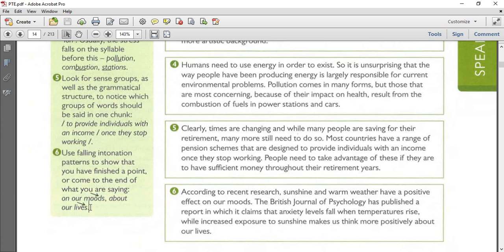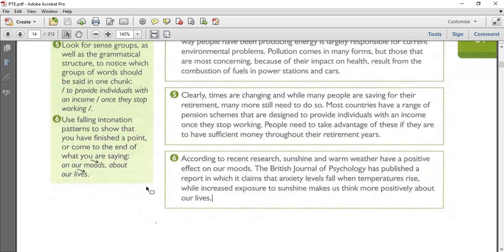Okay, now let's jump to the example, which is paragraph number 6. According to a recent research, sunshine and warm weather have a positive impact on our moods. The British Journal of Psychology has published a report in which it claimed that anxiety level falls when temperatures rise. While increased exposure to sunshine makes us think more positively about our lives. So